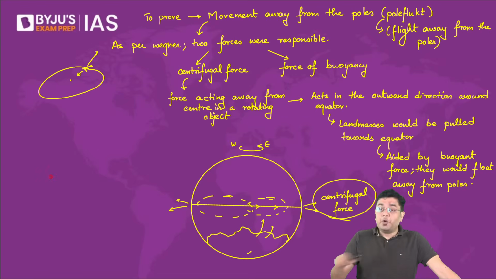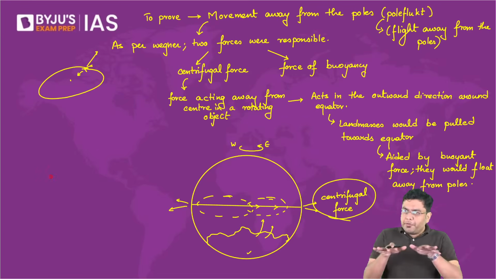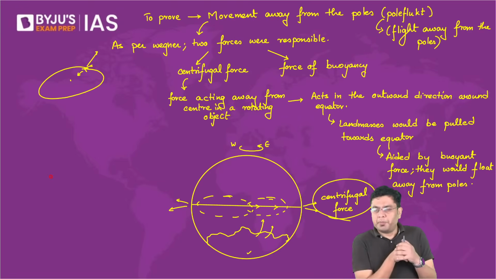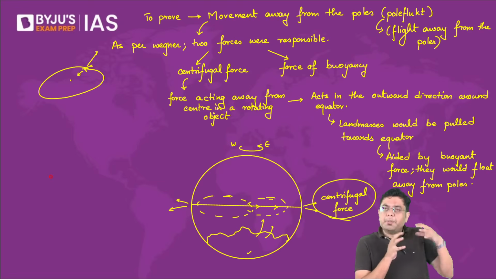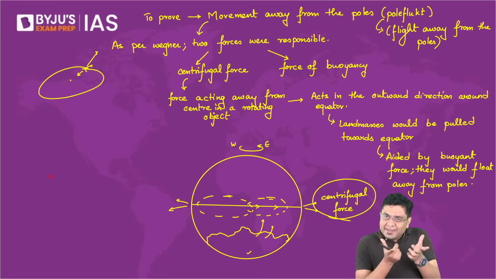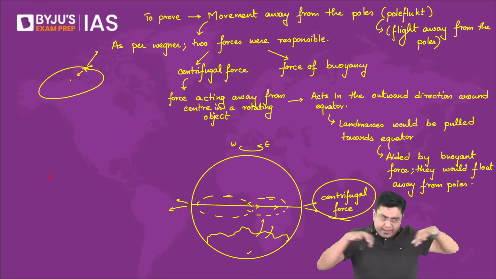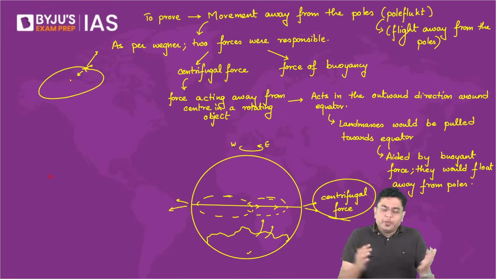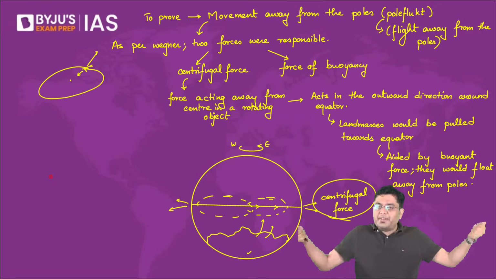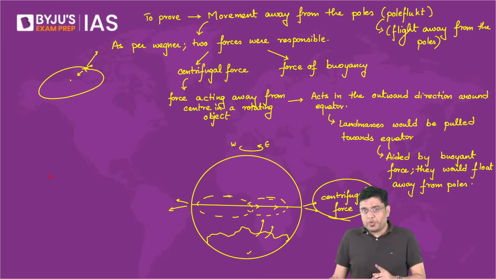Basically, when we talk about centrifugal force, it is something which acts away from the center, right? So in the case of the planet Earth, which is slightly bulged around the region of the equator, as the planet rotates, the centrifugal force will be acting in the outward direction, and that is where the pull will be generated. The centrifugal pull will be generated. So all the land masses which were present around the region of the poles, they would break away and they would be attracted towards that centrifugal pull. That is what Wagner postulated. It is not correct, but that is what he said.